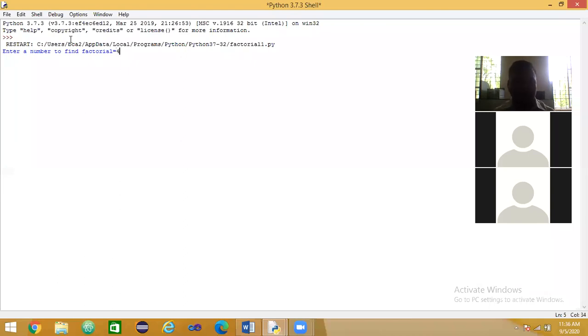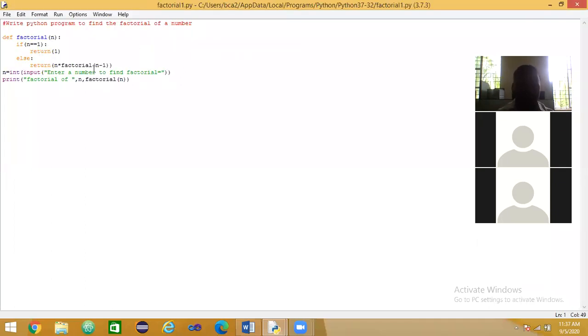The factorial of 4 is how much? Anybody respond? Factorial of 4 is how much? 24. 4 into 3 is 12, 12 into 2 is 24. 24 into 1 is 24. Okay, factorial of 4 is 24. You got the correct answer.